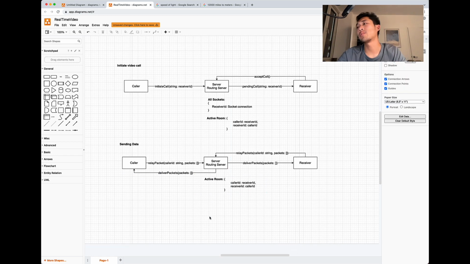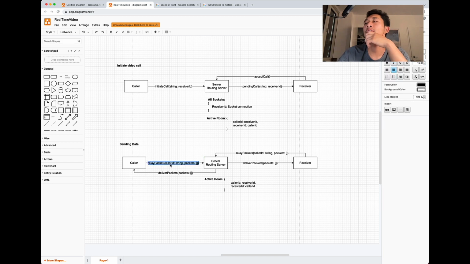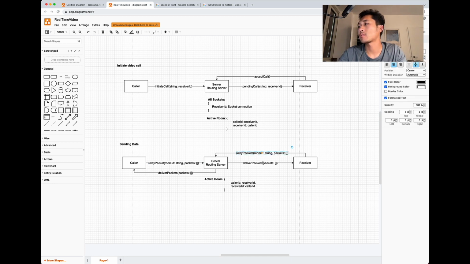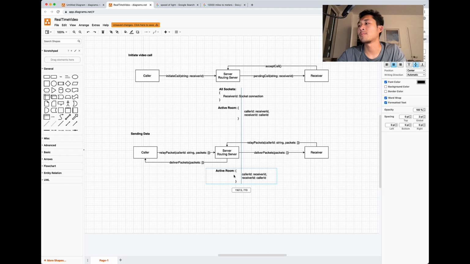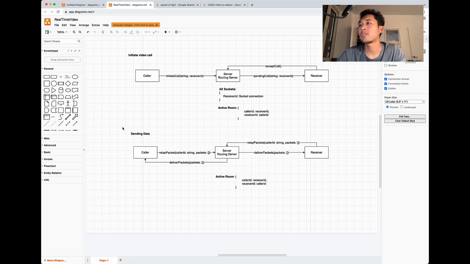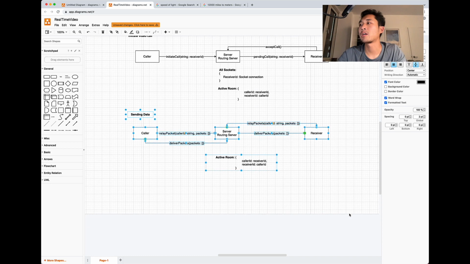Cool. A way to simplify this is we can actually, instead of passing the caller ID, we can just do a room ID. And that way, that won't actually work. I mean, that'll make it a little bit more complicated. But we could just add some code to deliver it to the person who isn't calling relay packets. But that might actually be more trouble than it's worth. Let's just keep it simple, just for some fault tolerance, or just to take out potential error.